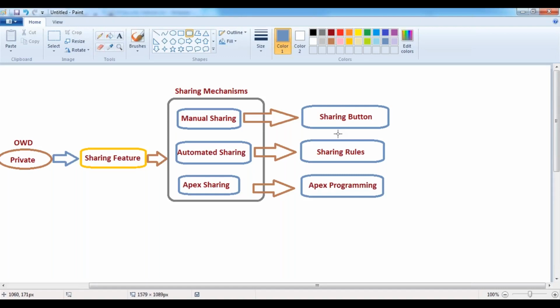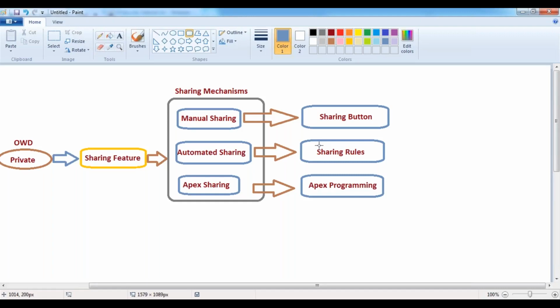Now if I'm sharing the records manually one by one, it will take more time if the number of records is large. To avoid that problem, we make the process automated with the help of a feature called sharing rules.